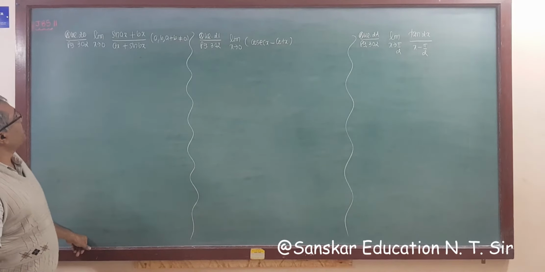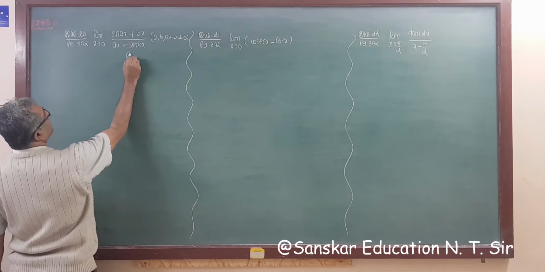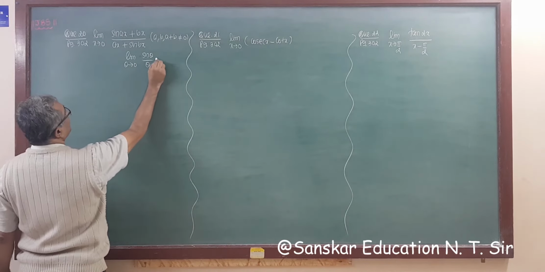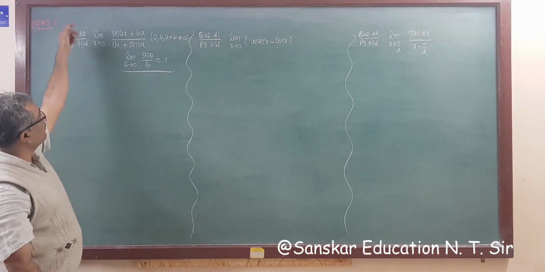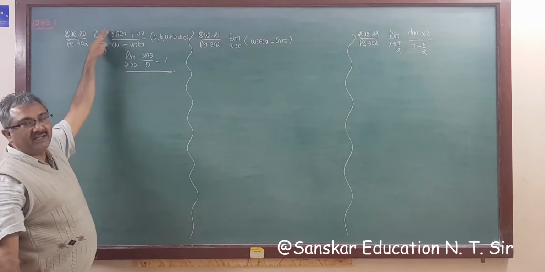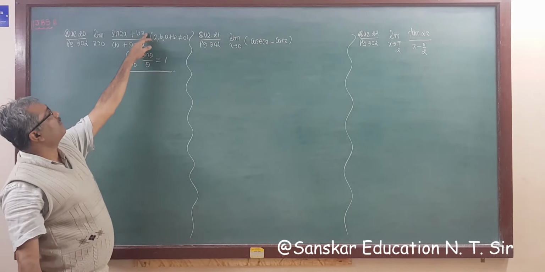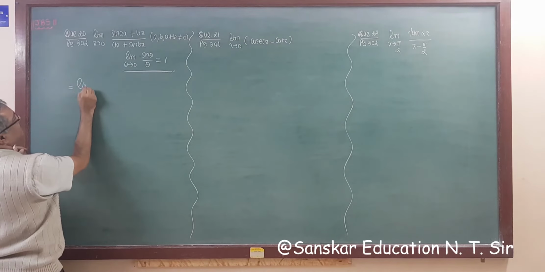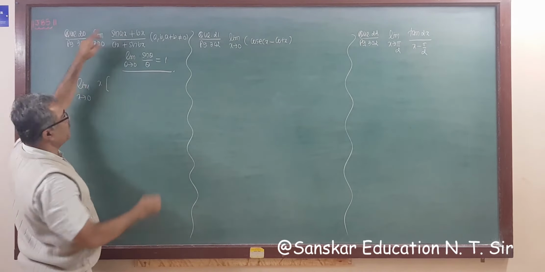Next question is question number 20, page 302. Limit x tends to 0, sin ax plus bx upon ax plus sin bx. Now we have only one formula, that is limit theta tends to 0, sin theta upon theta, and answer is 1. So as we did in previous question, what we have to do? We want to divide numerator and denominator by x. Either taking x common from numerator as well as from denominator, both are same. So we are taking x common, that is limit x tends to 0. If I take x common, then here no x, so we have to divide by x.